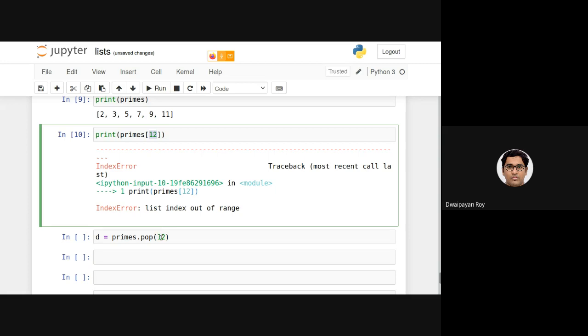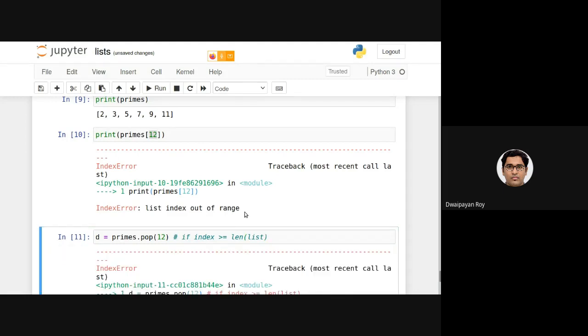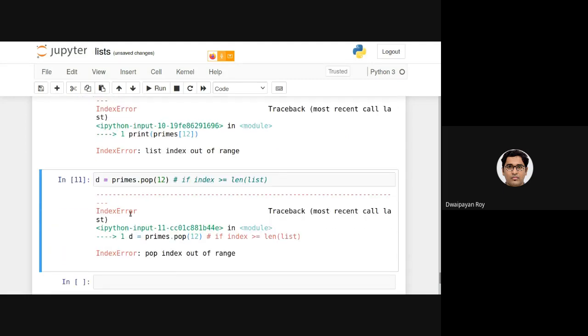So if I provide an integer like this, in general, I can say if the index is greater than or equal to the length of the list, then let's see what happens. You can see this will be an error. It's called an index error.